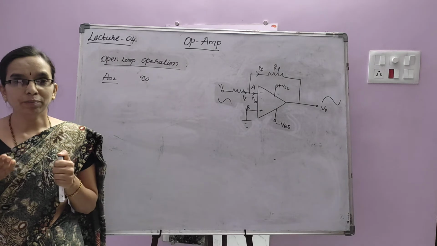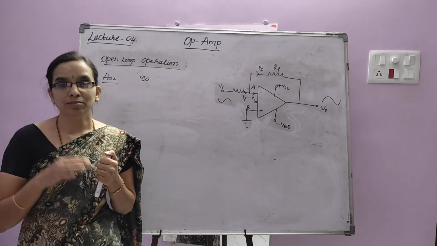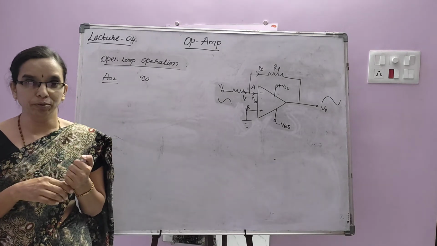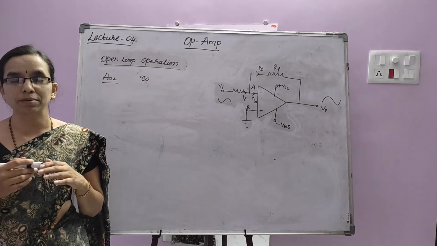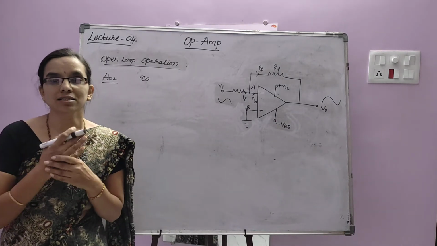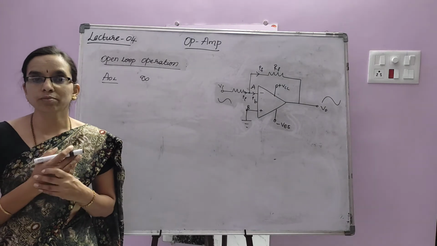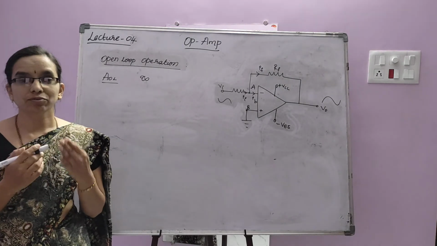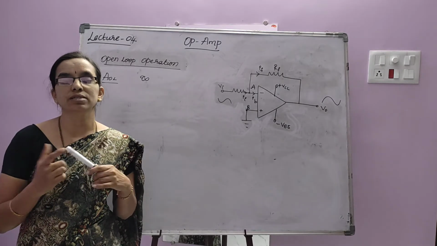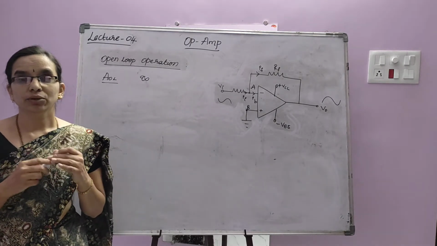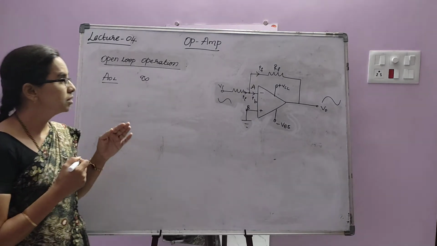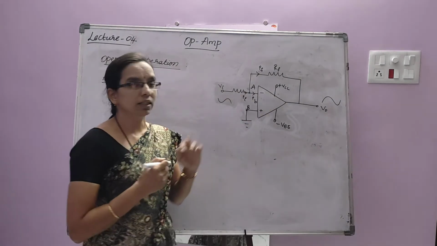So, there may be chances of clipping at the output. Because if you give a larger voltage at the input of an open loop op-amp, what happens? Because of the very high gain, there is a chance of clipping. That means we may lose some information. So, there we need to apply negative feedback to reduce the gain and prevent that problem.